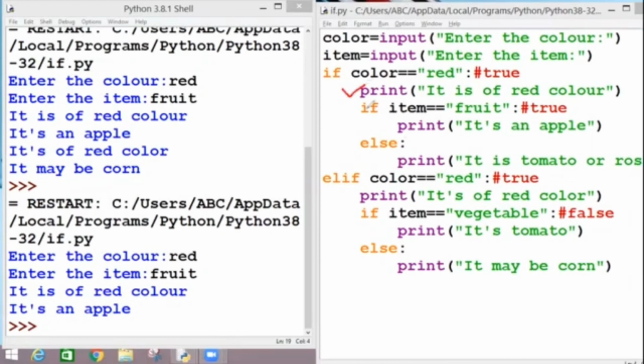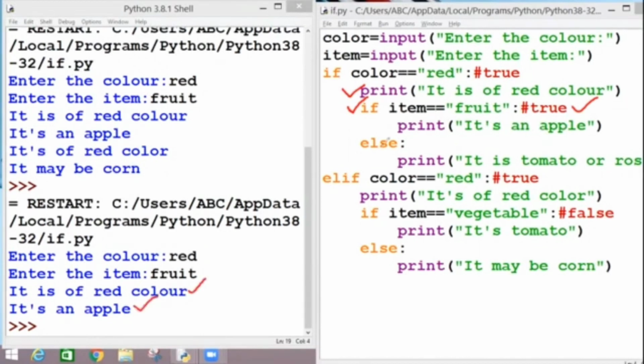After that, the control comes onto this statement. Now this is again a condition, if item is equal to fruit, and the condition became true. So it is printed, it is an apple. These 2 outputs I have already got.